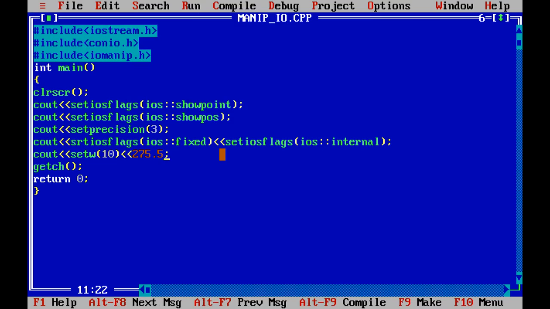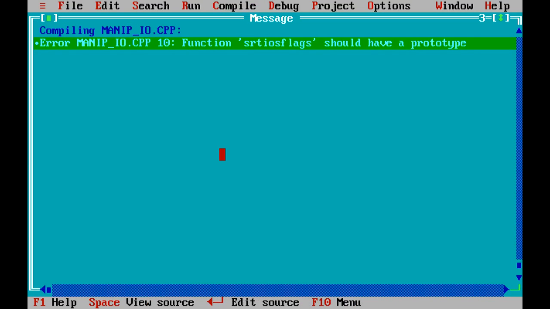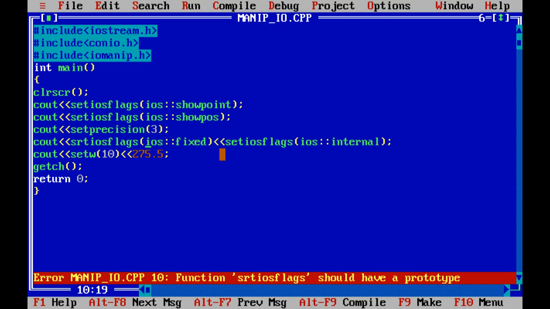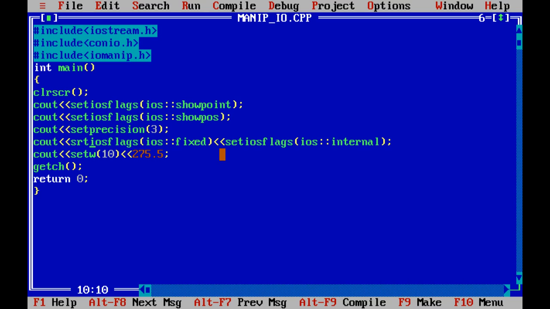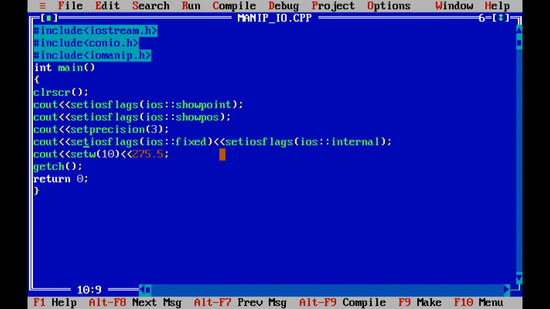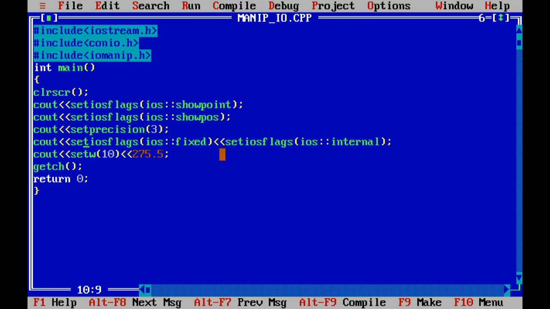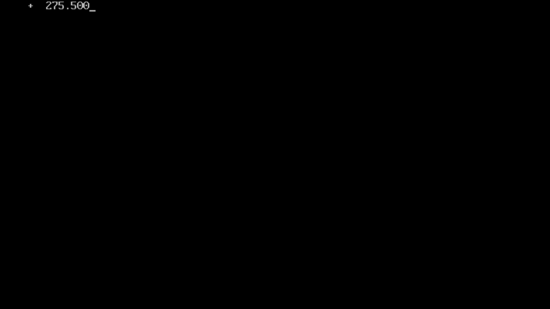Save the file, compile the program. Sorry, set iOS flags. So save the modifications, compile the program, run the program. See,